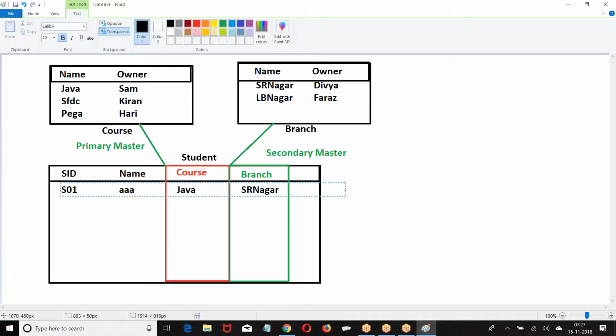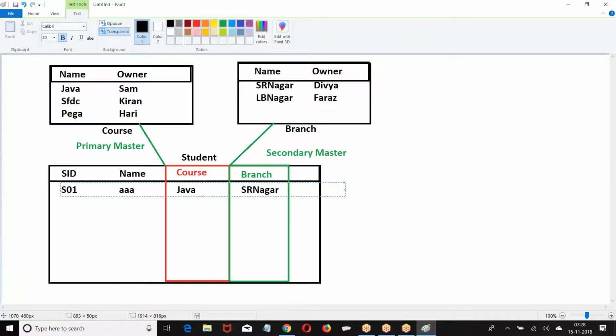Divya. Now tell me, who is the owner of this S01? There are two masters now, but a record will have only one owner. So whoever is the owner of primary master, he will be the owner of the corresponding record.